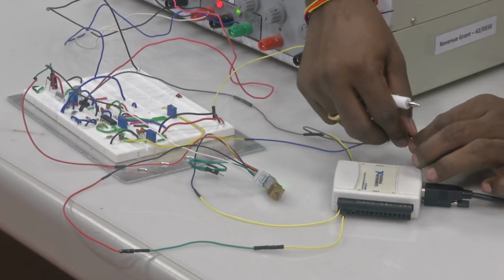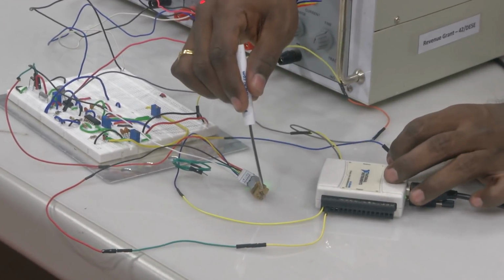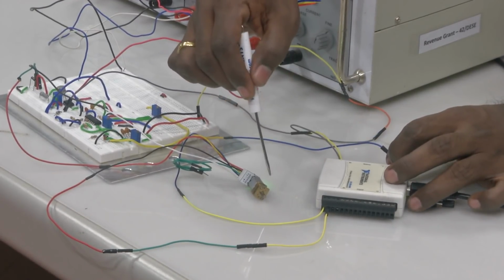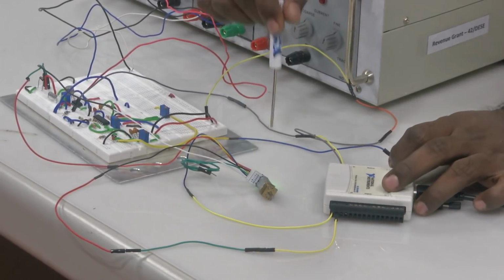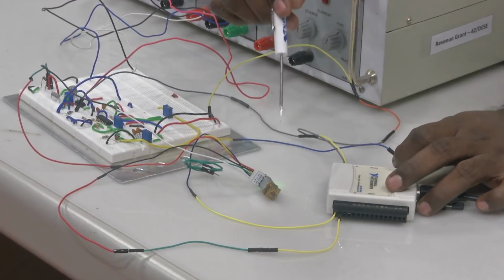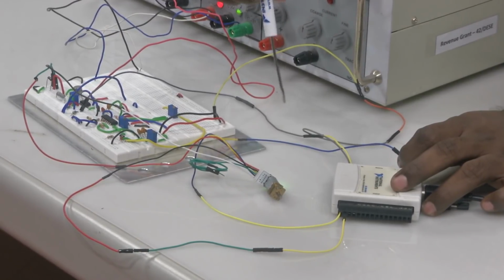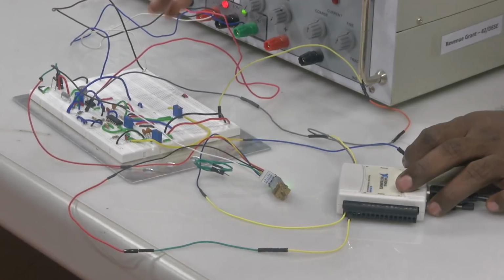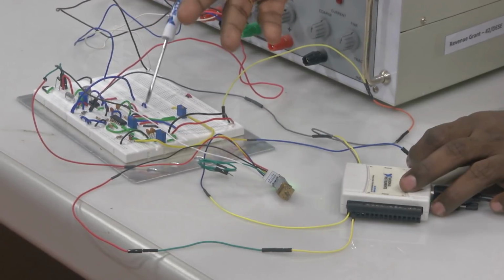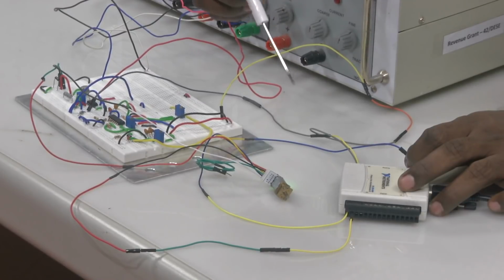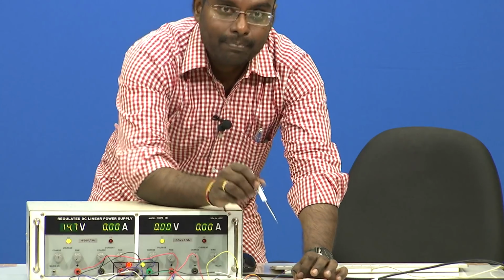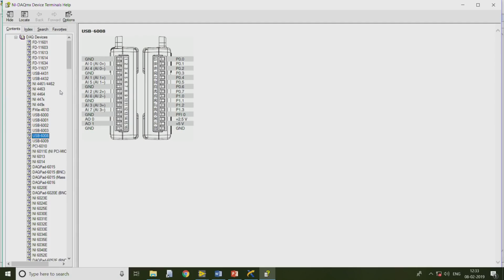Now, in order to understand how many pulses this DC motor is going to give per minute, we will write a program in LabVIEW and we will acquire the signal. We will count the signal only for a particular time duration, let us say 1 minute or 2 minutes, so that how many pulses per minute we are getting gives us the measure of RPM, right. For that, we have to understand which is our counter.